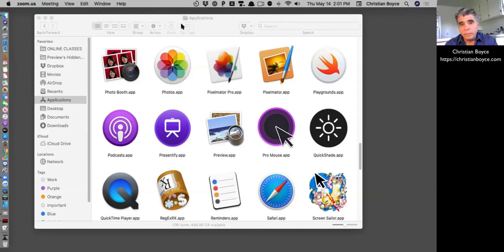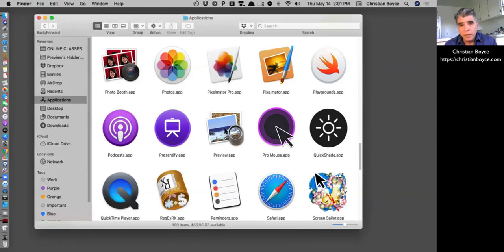So the Preview program, which I have here on my screen, this is a really big icon for it, but that's the way I like it. Preview can do a whole lot more than just open graphic documents. That's what most of us use it for. Most of us do something like this. We see